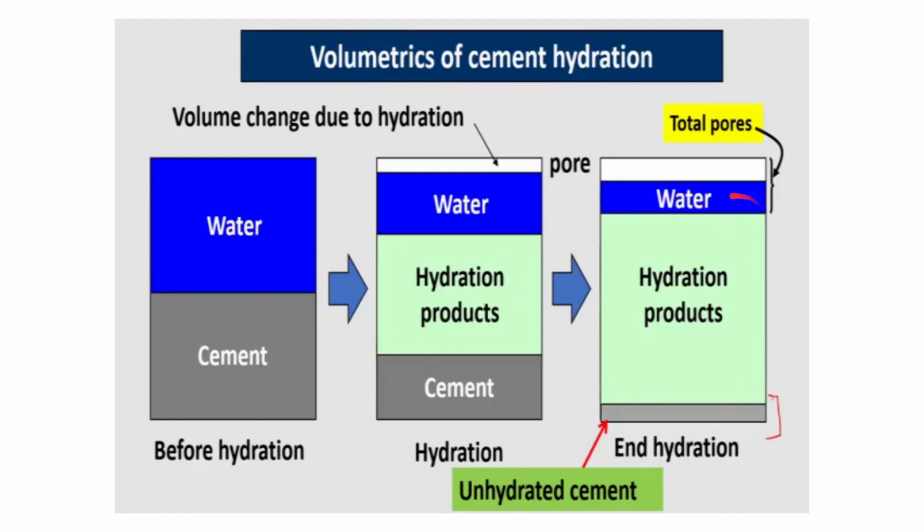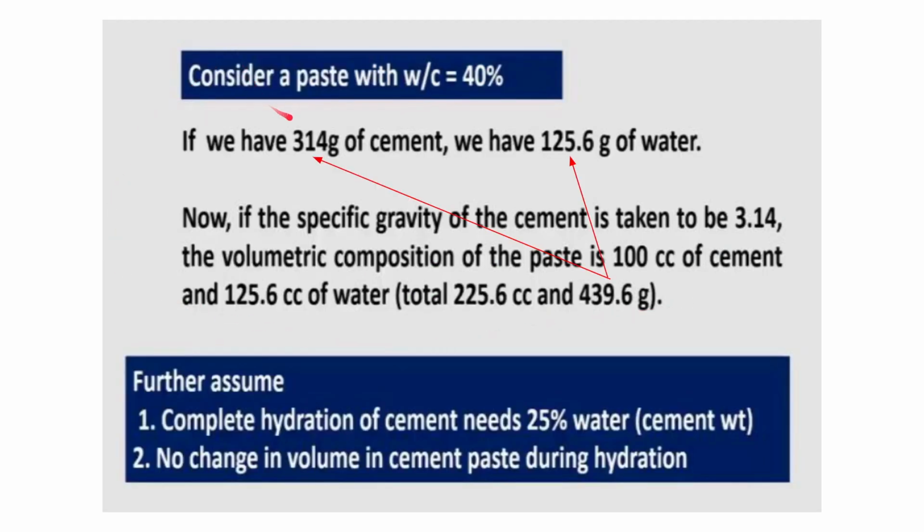Above that, the water which is left is there, plus in the white color the water that is evaporated. So these two in total represent the total amount of pores that has been generated. So let us consider a paste which is having a W by C of 40%. If we consider cement content to be 314 gram, by using this relation, we will get water to